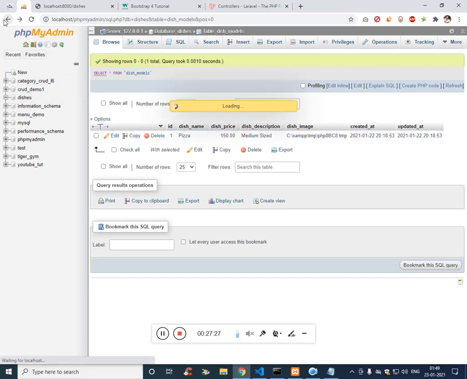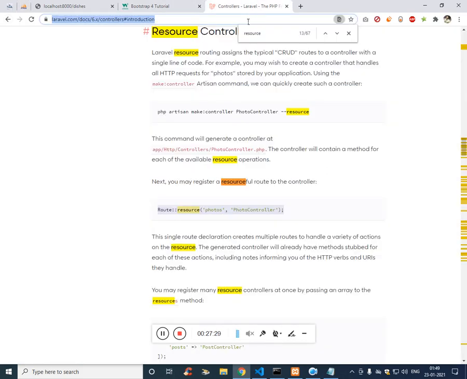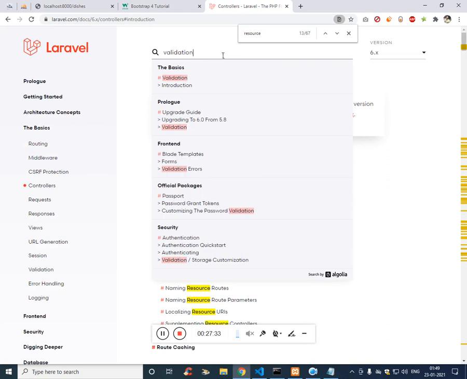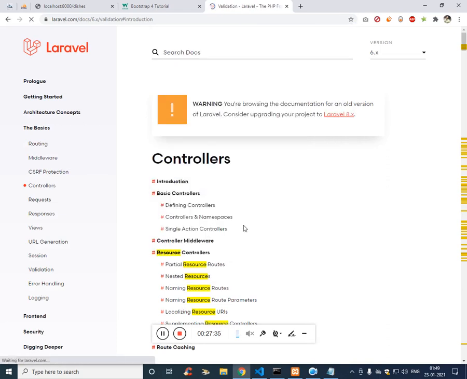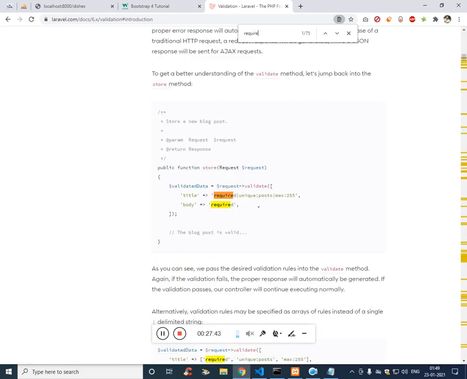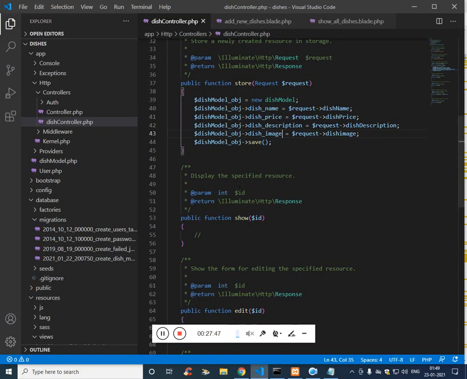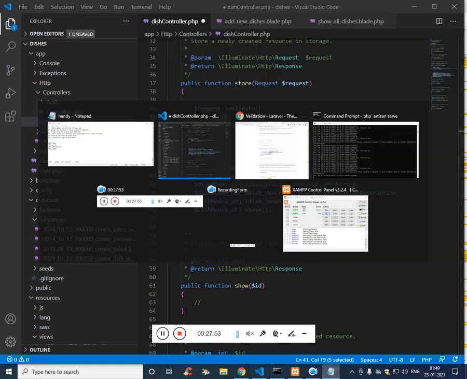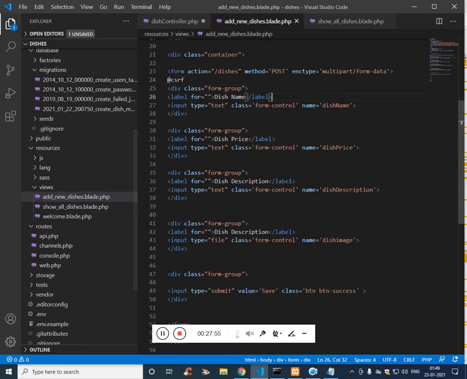So before that, let's add the validation for the form, which is really very simple. So this is how we write the validation before saving it into the database. So the form fields, the first one, what are the fields? Let's get the field names as well.